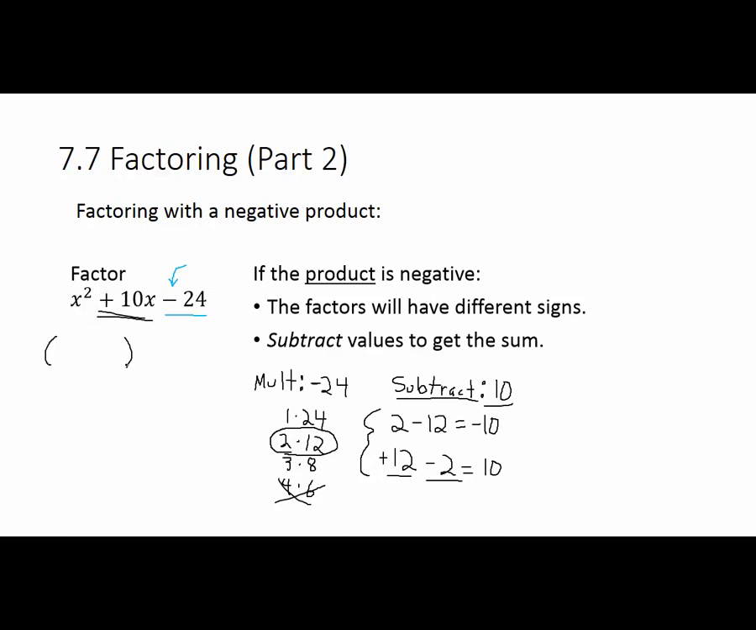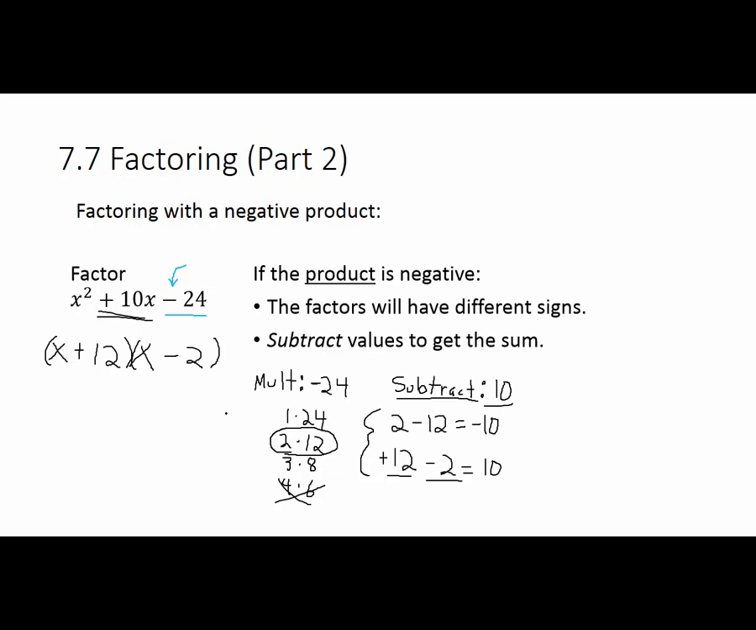So when I write this in parentheses, always starting with x, I'm going to write my two factors, and they're plus 12 and minus 2. And remember, it does not matter what order you put these in. You could have had the x minus 2 first and the x plus 12 last, and that would be perfectly okay. So if the product is negative, you're going to subtract the values to get the sum,